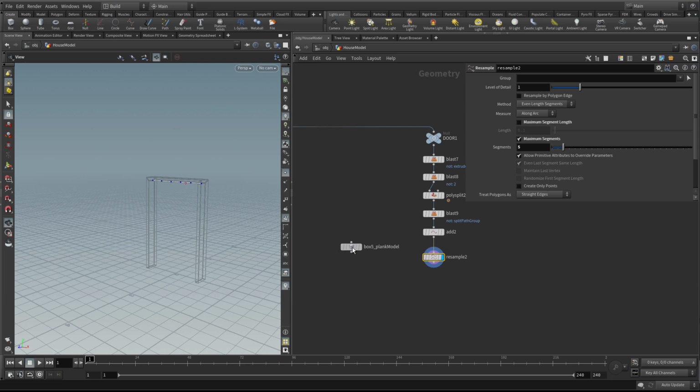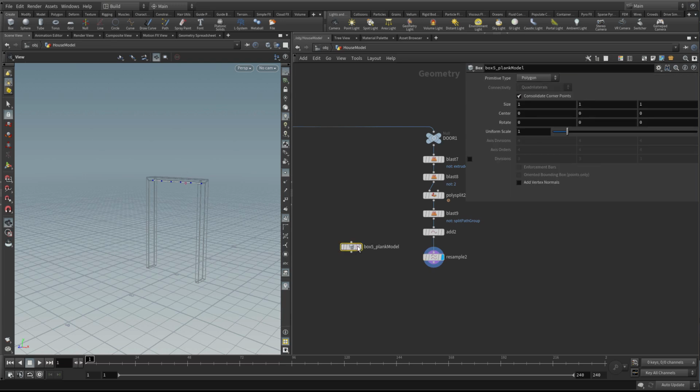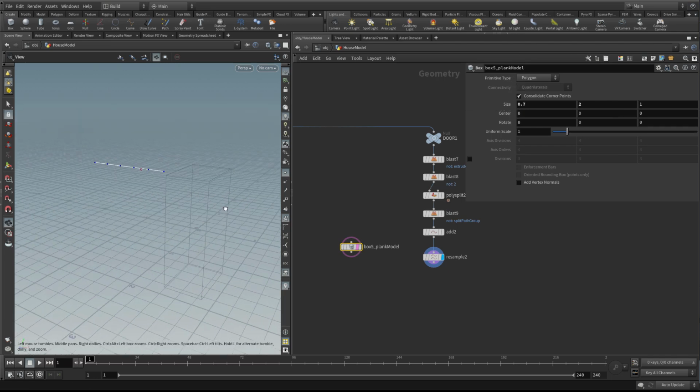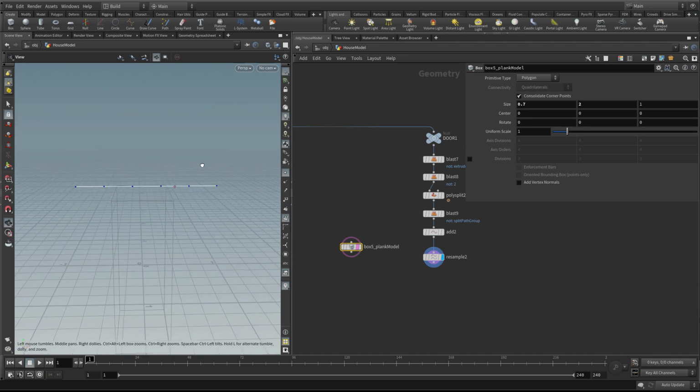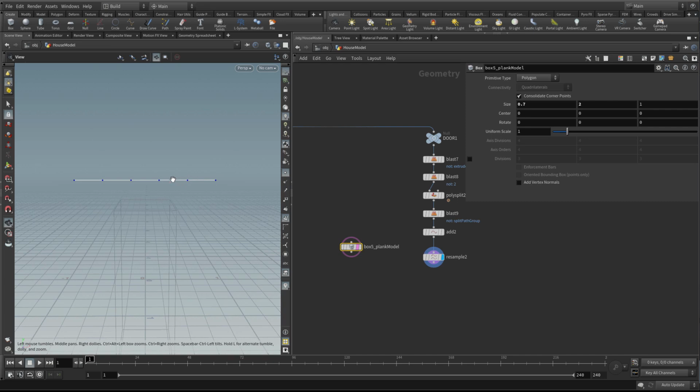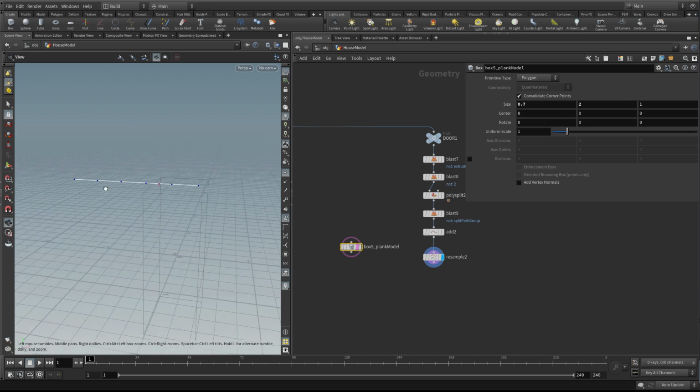So we don't know the height of our box. Let me template the box here. We don't know how high it's going to be, and we don't know its width either. Now, what I'm going to do is eventually copy this guy to these points, and if you think about it, he's basically going to be the width of each one of these segments. So I want to find out what the width of the segment is, and use that to find out